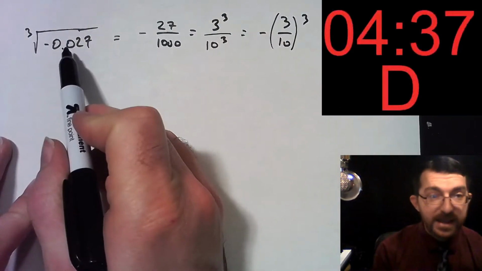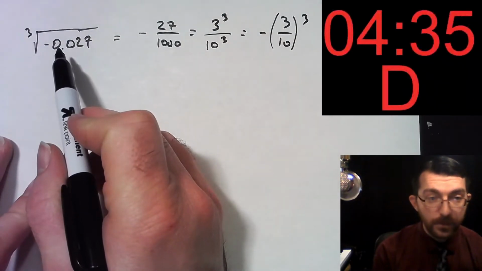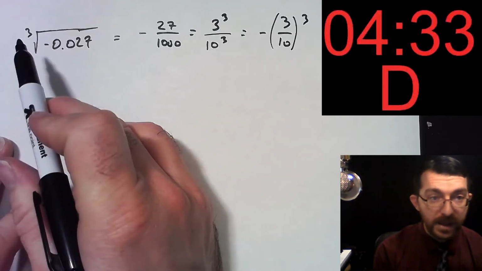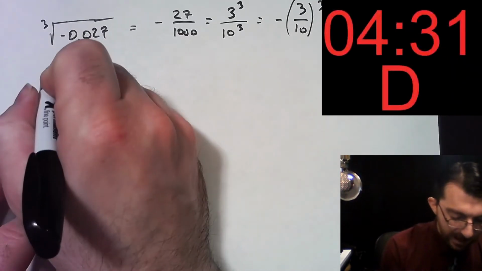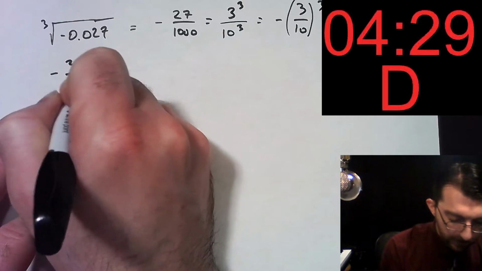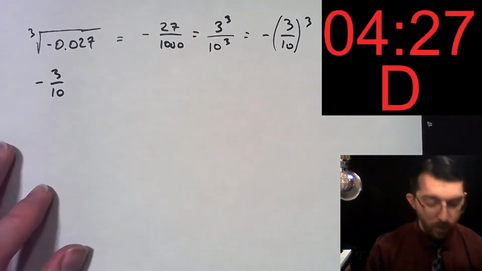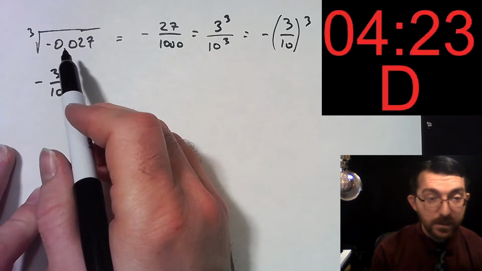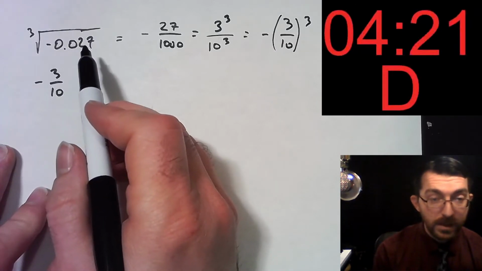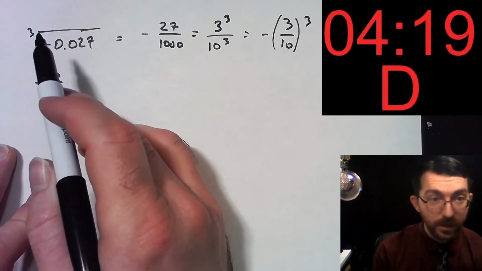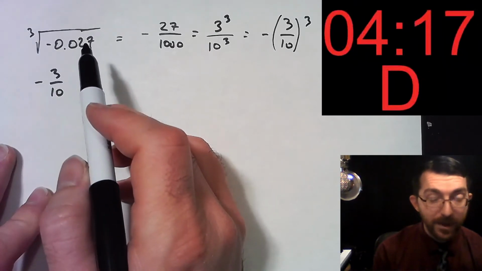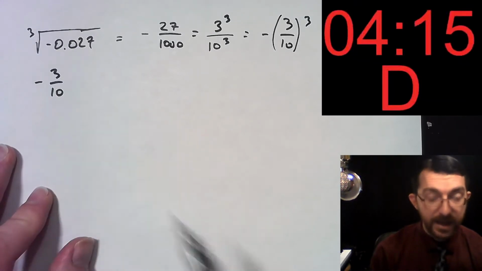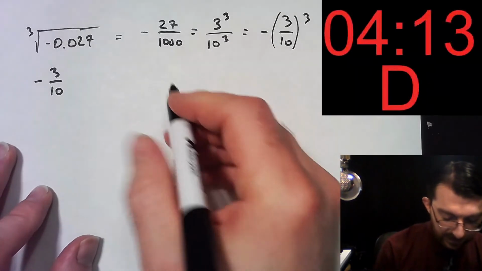Well, if that is the cube of negative 3 tenths, then when you take the cube root of it, you should get back out negative 3 tenths. Whenever you've got a decimal like that, you can bet that it's going to be whatever you're trying to take the root of, divided by the same power of 10, right? It would be the same thing like if it was